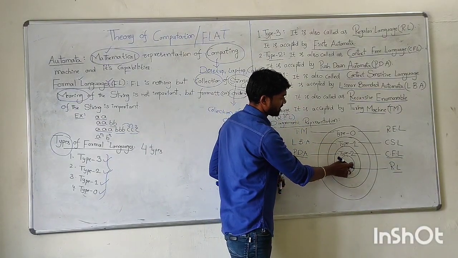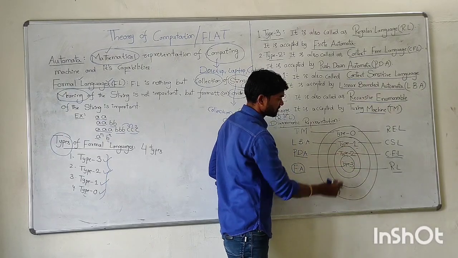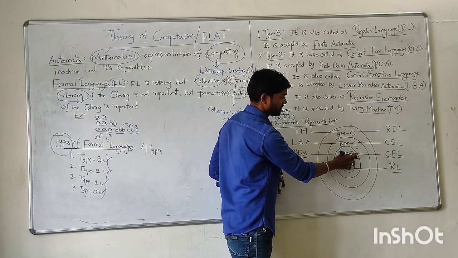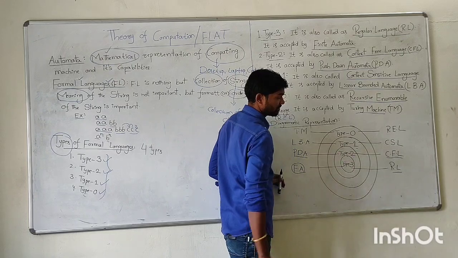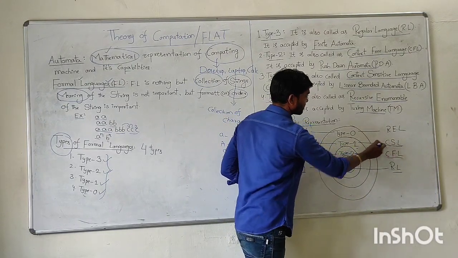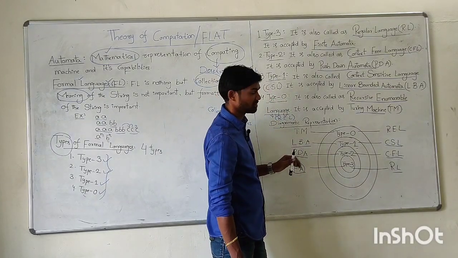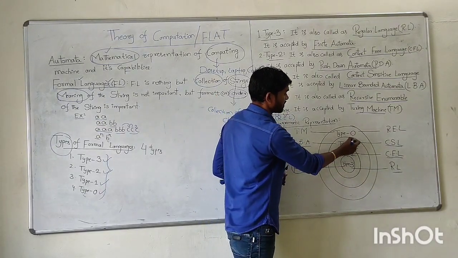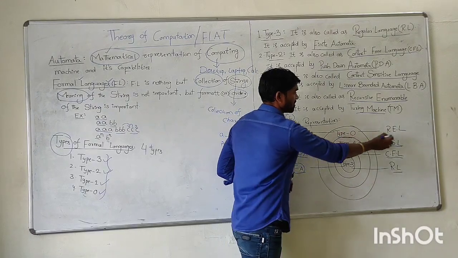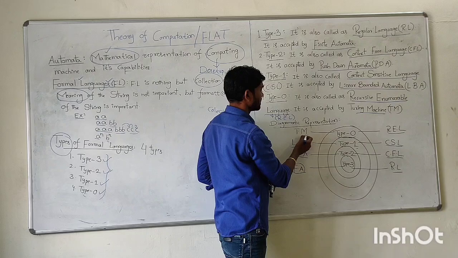Type 3 and type 2 languages are subsets of type 1 language, which is also called context sensitive language, and it is accepted by linear bounded automata. And type 0 language is also called recursive enumerable language, and it is accepted by